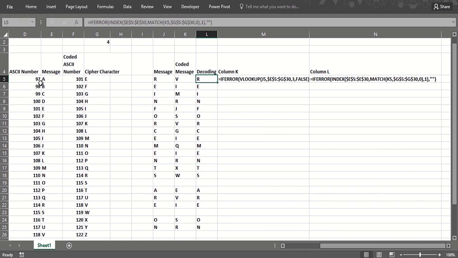I use INDEX, so column E is where I find the message, and I MATCH what's in column K, the coded character, in the cipher character column, which is column G. The first column gives me the answer. For instance, V is the first coded character. I go down to V and match it right here, which would be the 18th row of the range. Then I come to the 18th row of the message column, and I get back the R, etc. And I do an IFERROR there,